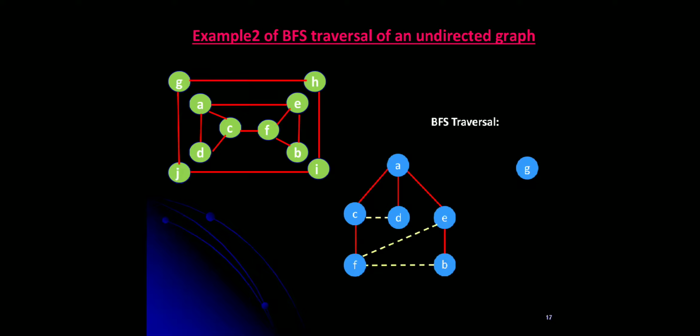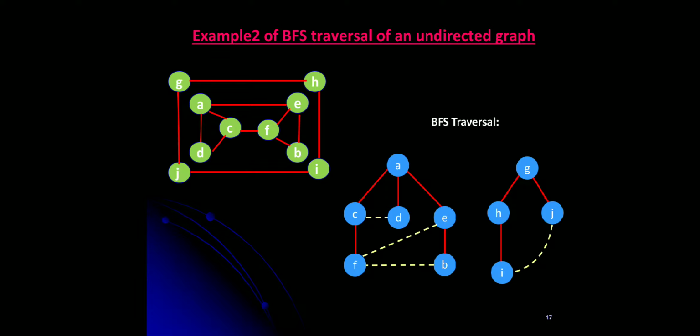It is H and J. So we are going to write the edges, tree edges to connect G and H, and G and J. From H, which are the adjacent vertices? G is the parent, already visited, and I we are going to write, which is connected using the tree edge. So next, from J, you can see which are the adjacent vertices for vertex J.